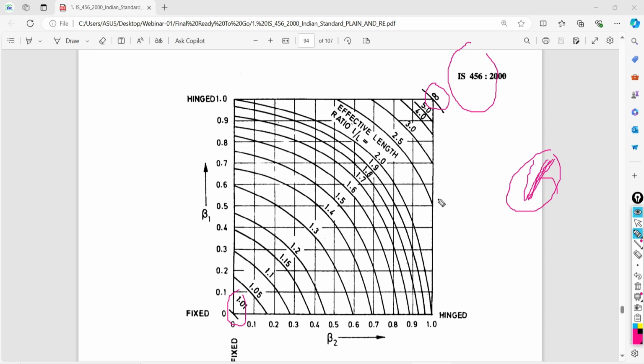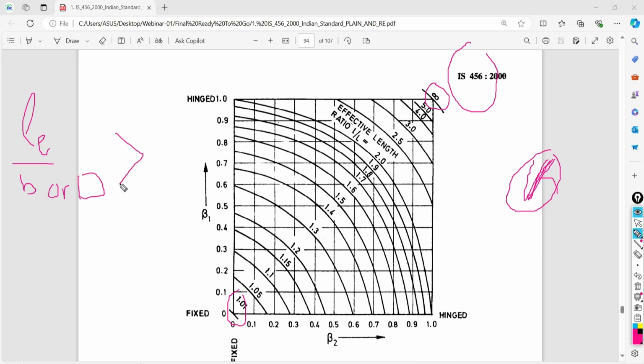And my dear friend, as you know, due to this k factor, your column is going to be decided as a short column or a long column. So as we have seen, to decide the short column and long column, we have to calculate the unsupported length and effective length, divided by either b or d. Okay, about both of the axes we have to check.